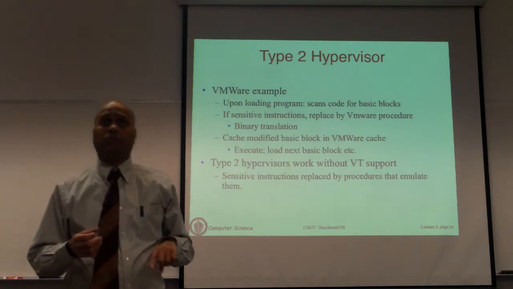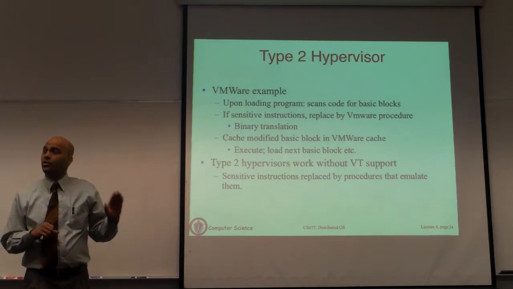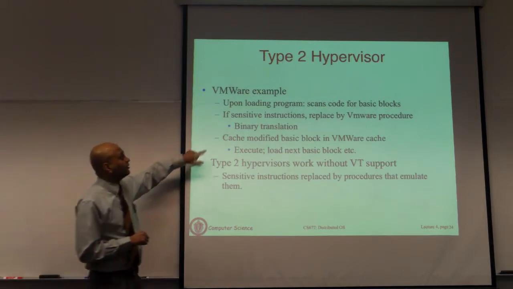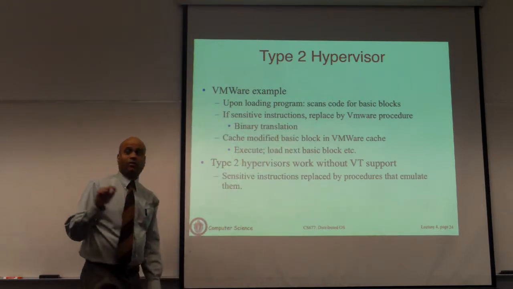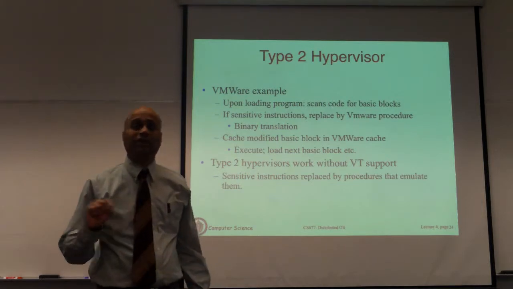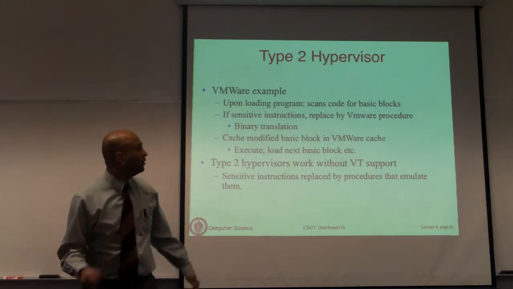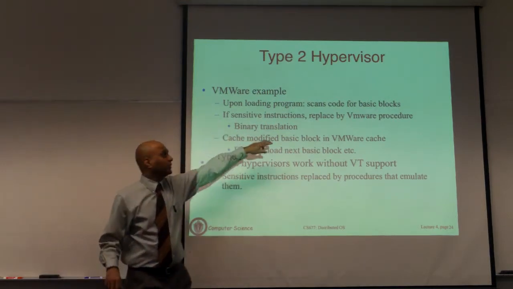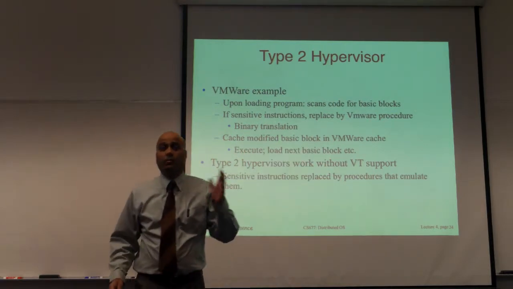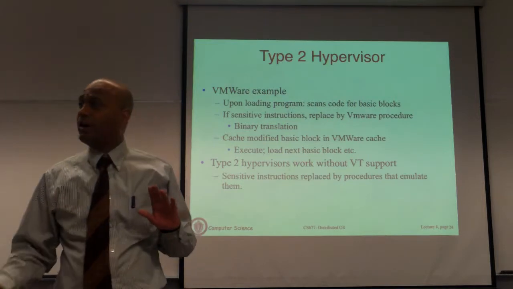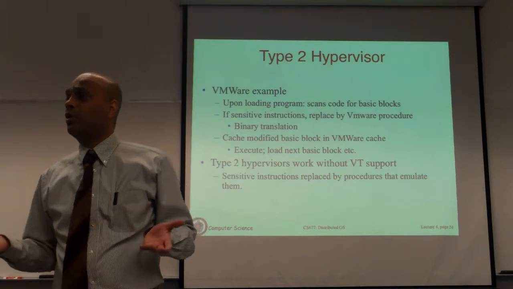What happens in VMware is, as the OS code is loaded into memory and as it runs, the virtualization layer, which is in this case VMware, is going to scan the code for the OS. Okay? And it scans for what are called basic blocks within the OS code. Every time it sees in that code any sensitive instruction, any instruction that tries to perform any privileged operation, it is going to dynamically replace it with a procedure call into the hypervisor. In the previous case, you basically had a trap that went into the hypervisor. Here, the trap is no longer going to work because we are not operating at that level.